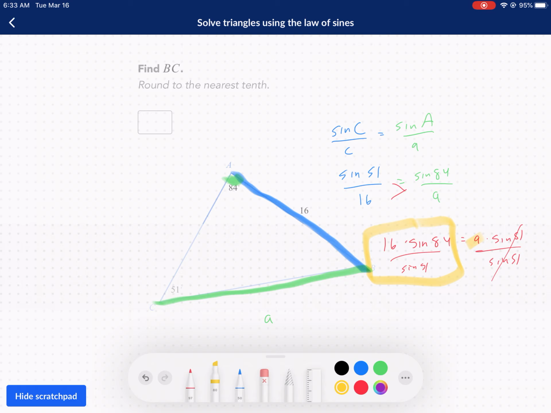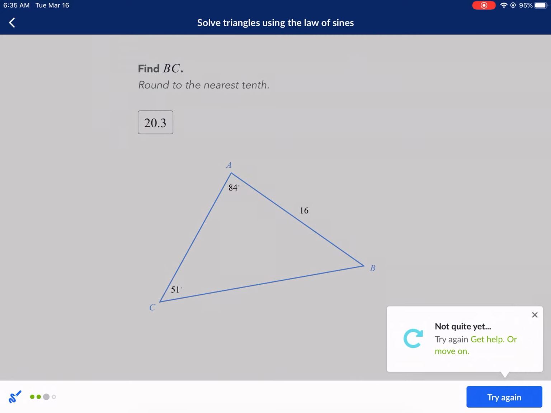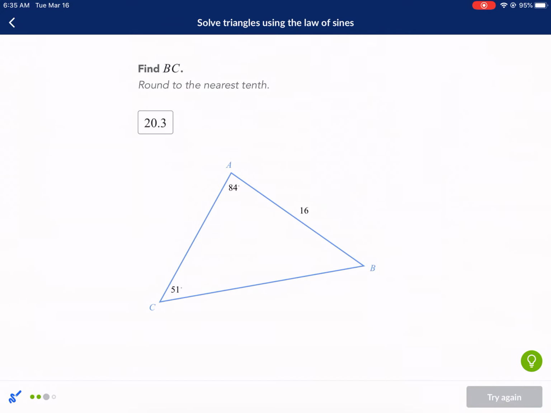And I get 20.33. 20.33, but I round to the nearest tenth, so I get rid of this guy. 20.3 is my answer. Okay, somewhere I messed up. Maybe,